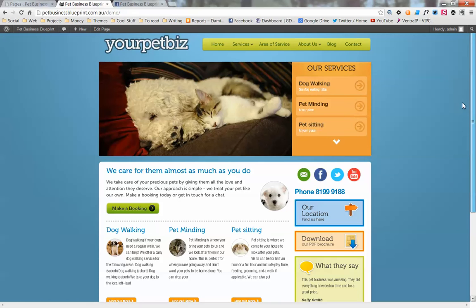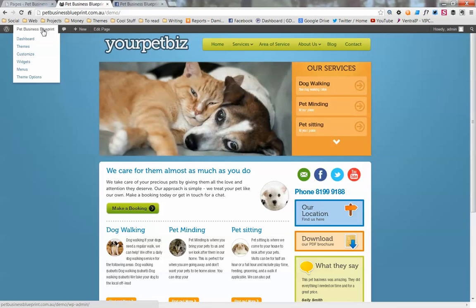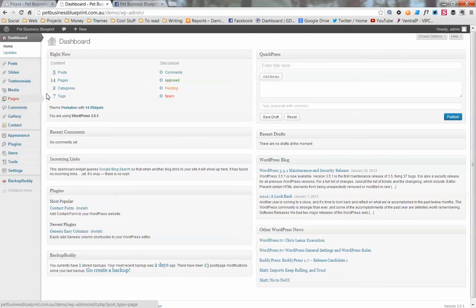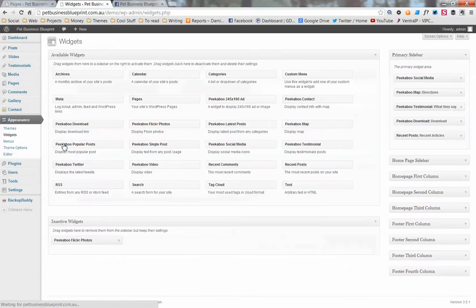So what we're going to do is we've got to be logged into the website. You've seen all the other videos on how to log into the website, and so we just go to the dashboard by clicking on here. And the way the social media stuff is displayed is in widgets. So we go to appearance down the left hand side. From the drop down we choose widgets,